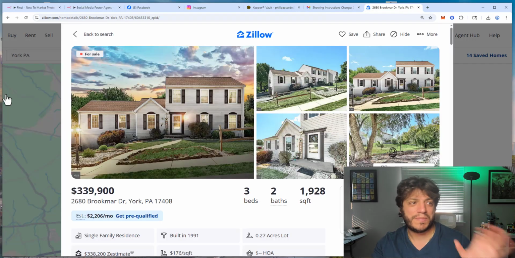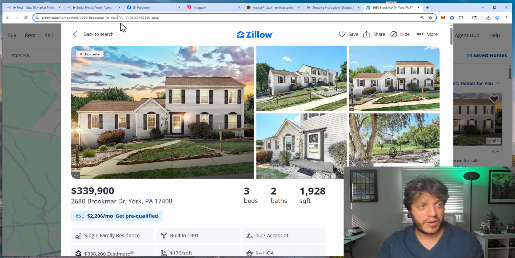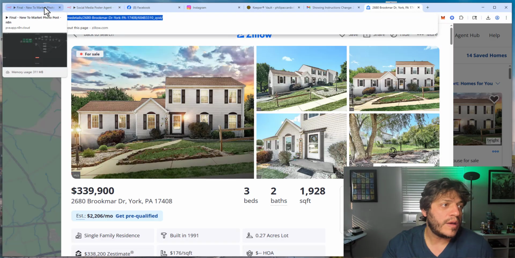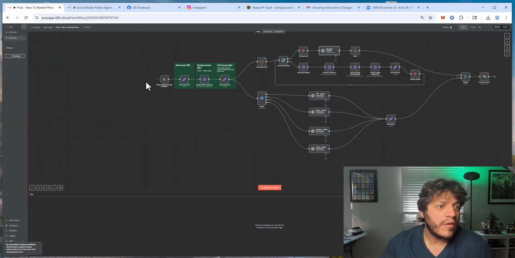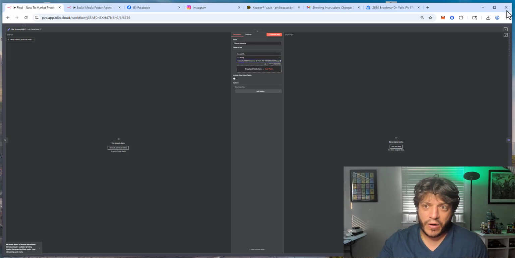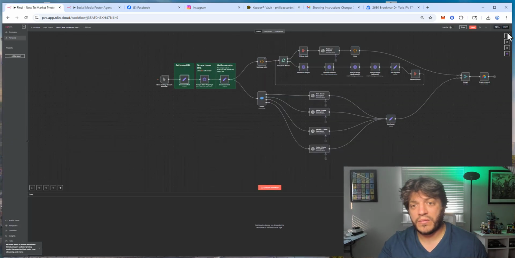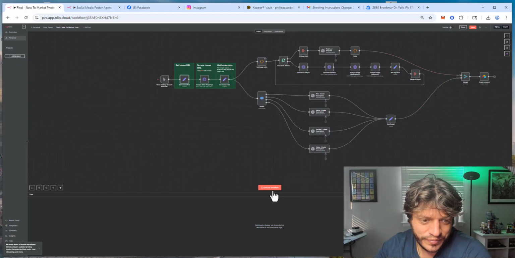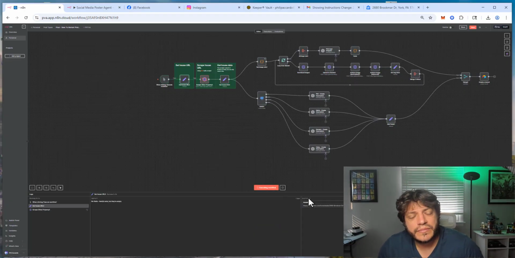So we literally just put this house on the market today. So I'm going to use this as a live example. I'm going to copy the URL. I'm going to go back to my new to market photo poster. I'm just going to paste this in here, and again, this is the back end of all this. I'm eventually going to make a front end on a secured website, but let me just run this. So it's scraping. Maria is actually the listing agent on this one,